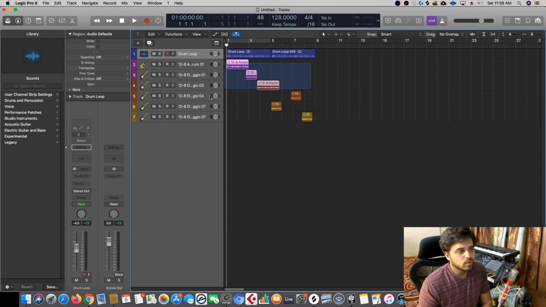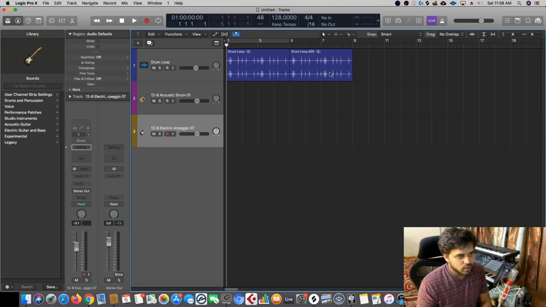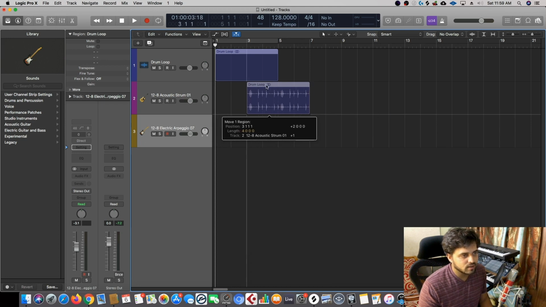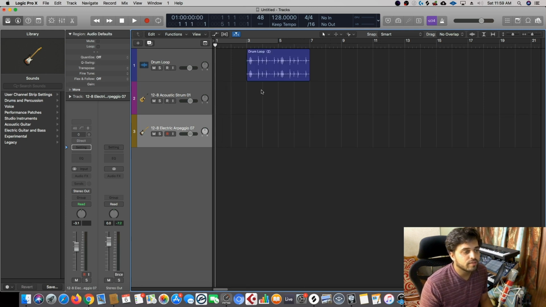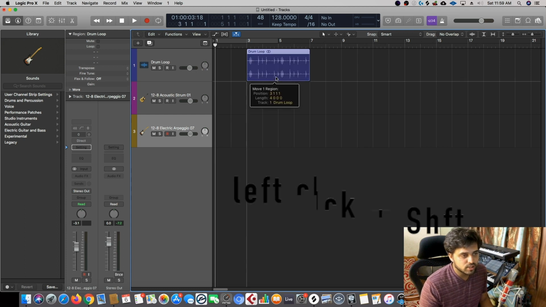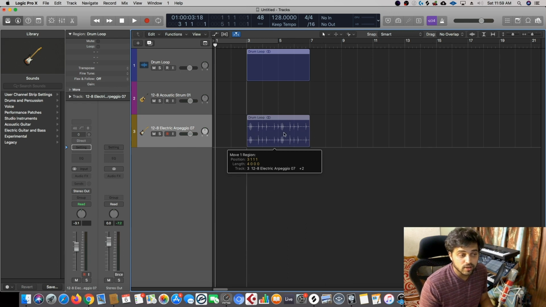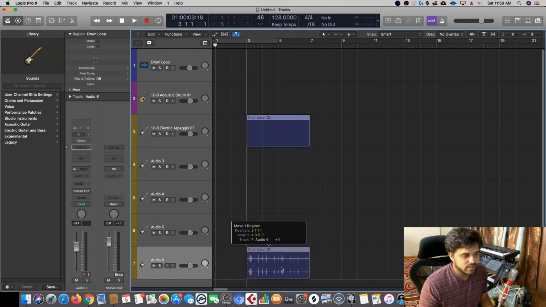Next is how to move a particular region from one track to another track. Most of the time you might have faced problems when you try to drag like this and bring it from this track to this track, and because of a small slip the region might misplace itself. All you have to do is click on the region, press and hold the shift button, and move the region to the desired track, and you can see that the region is not moving at all. It's starting at bar number 3, and I can move it to any number of tracks I want.